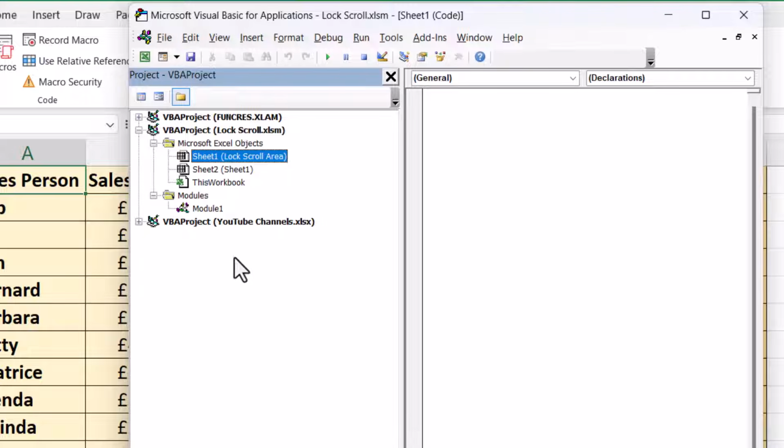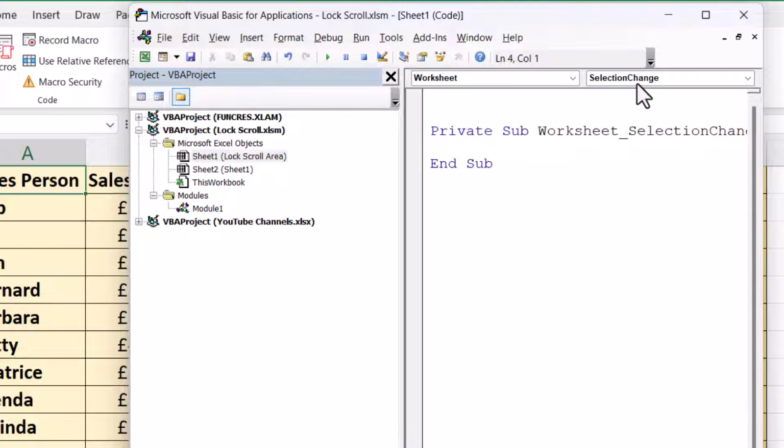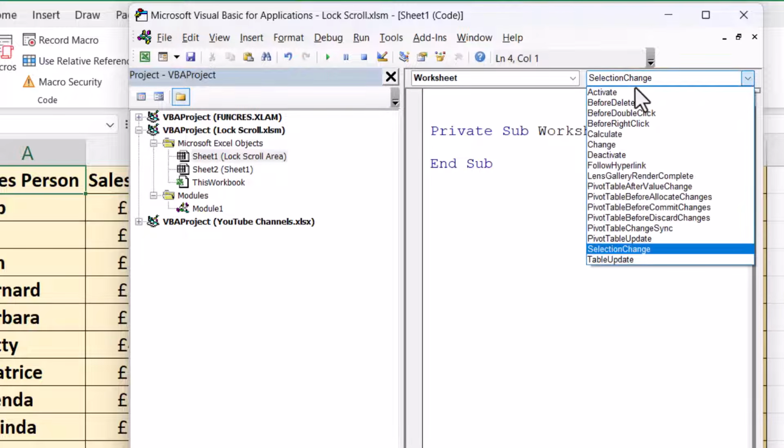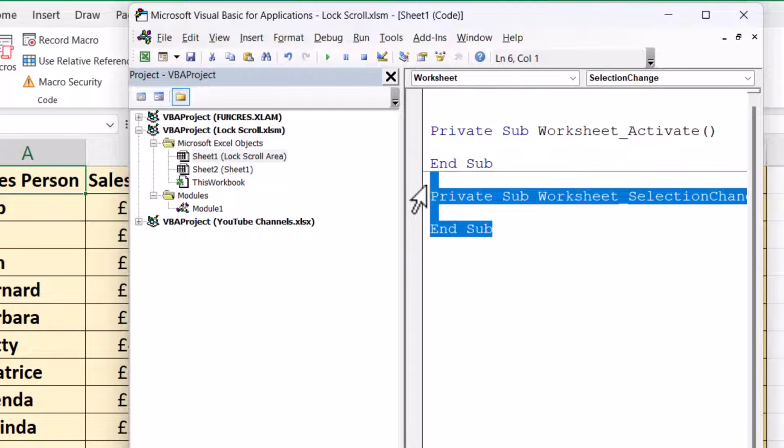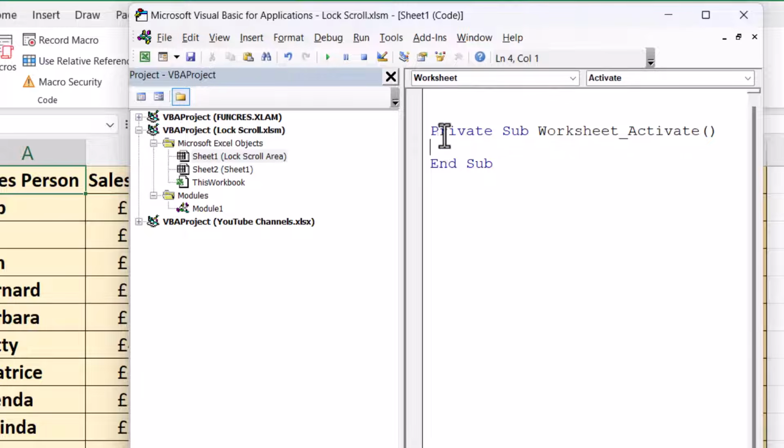In the Project Explorer, you need to select the sheet that you're going to create the scroll lock for. And then above the code window, you've got two drop-down menus. Where it says General, select Worksheet, and where it says Selection Change, select Activate. You can then get rid of these two lines of code here. Now, between the remaining lines of code, type